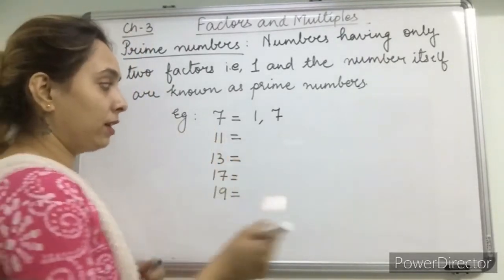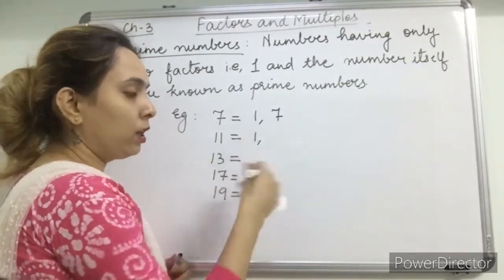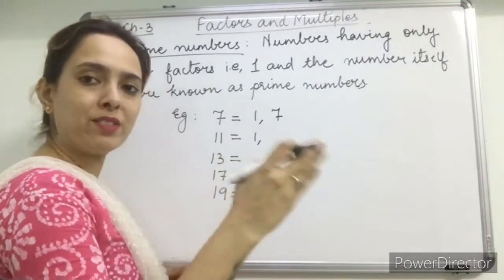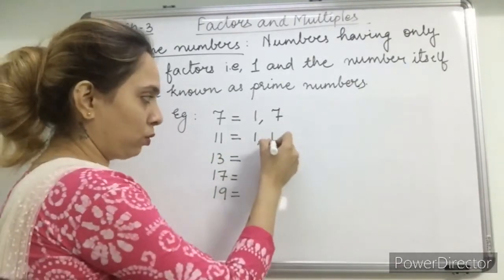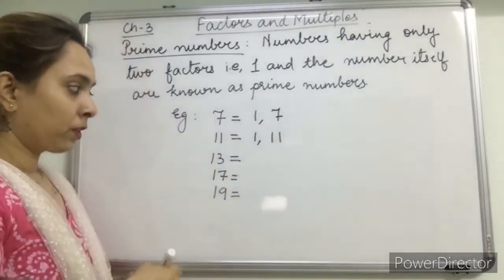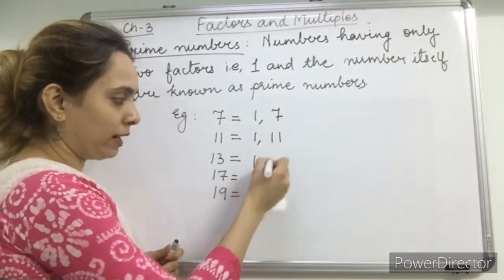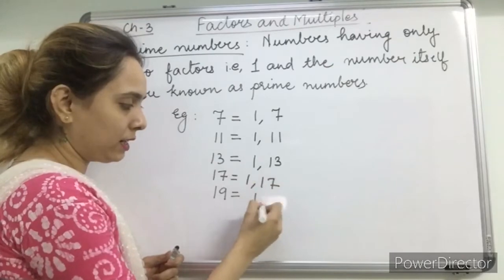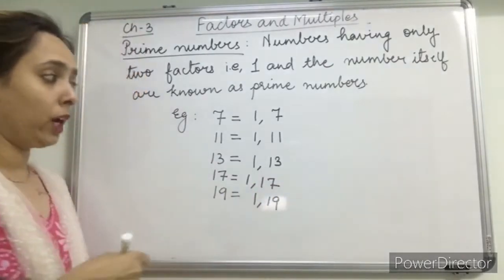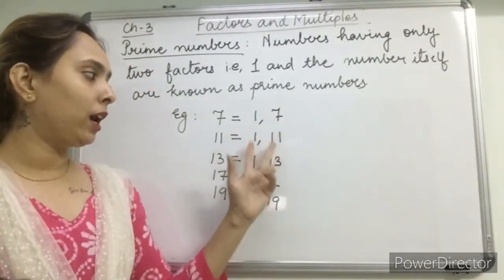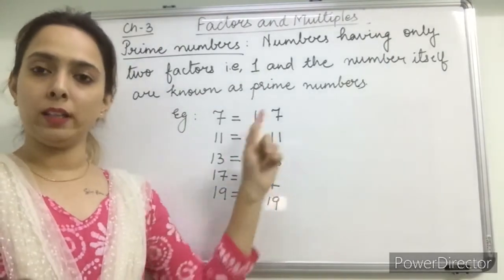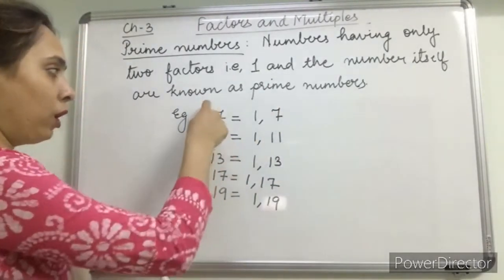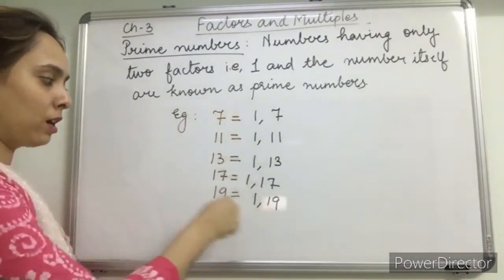Next 11. 11 is also 1, 2, 3, no, 4, 5, 6, 7, 8, 9, 10, no. 11. 13, 1 and 13. 17, 1 and 17. 19, 1 and 19. So here you all can see that there are only two factors, 1 and the number itself. So all these numbers are prime